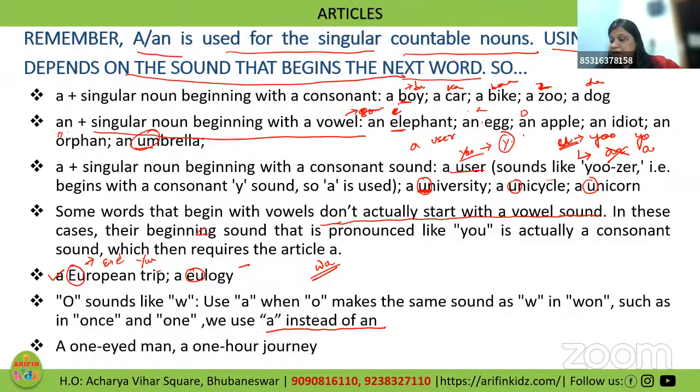Yes, correct. Mamina has written: A, E, I, O, U are vowel letters, and vowel letters produce vowel sounds. When they do not produce vowel sounds, then with articles we use the indefinite article a before them. Even if the word begins with a vowel letter, we do not use an before it, we use a. Yes, right.